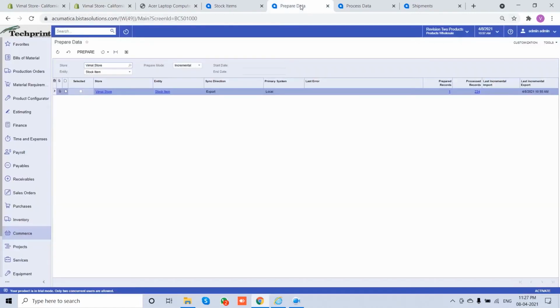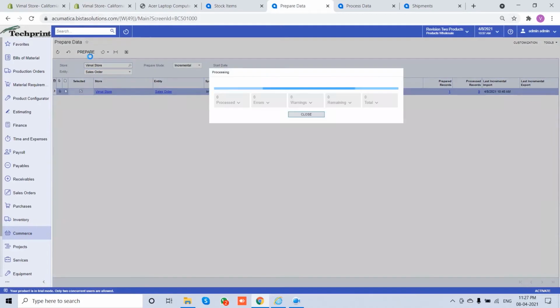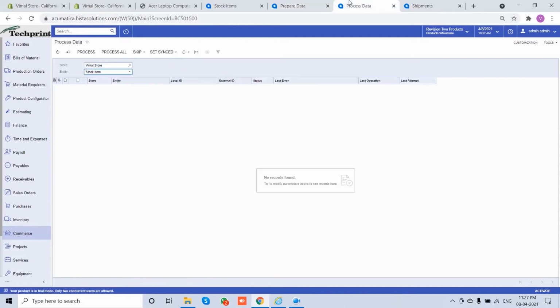So now we'll push this data into Acumatica. So let's prepare our data. Now process these changes.